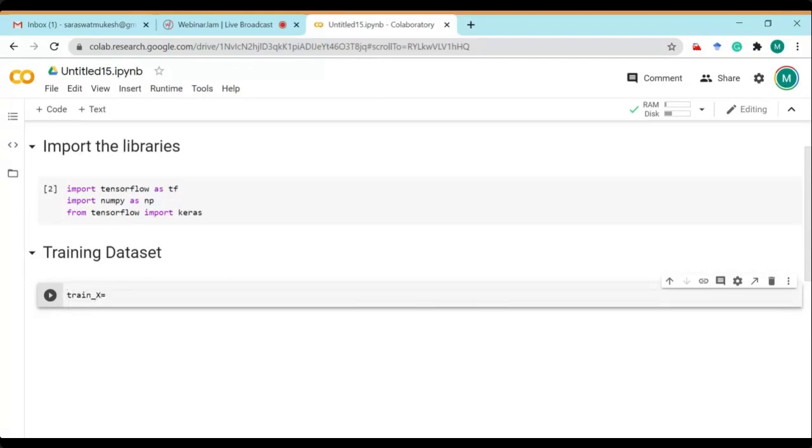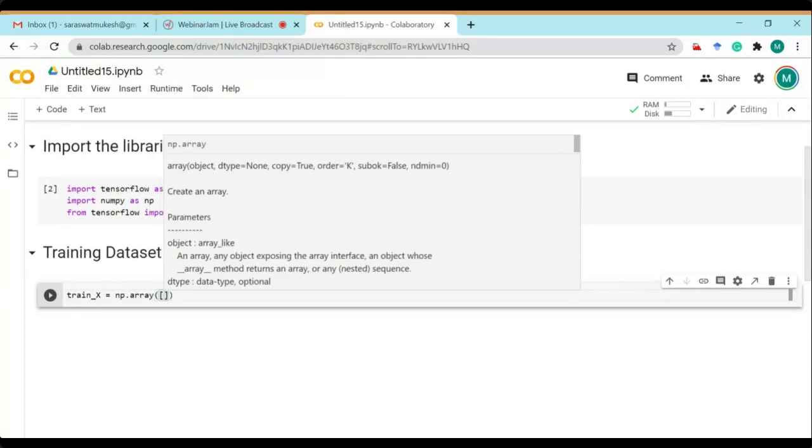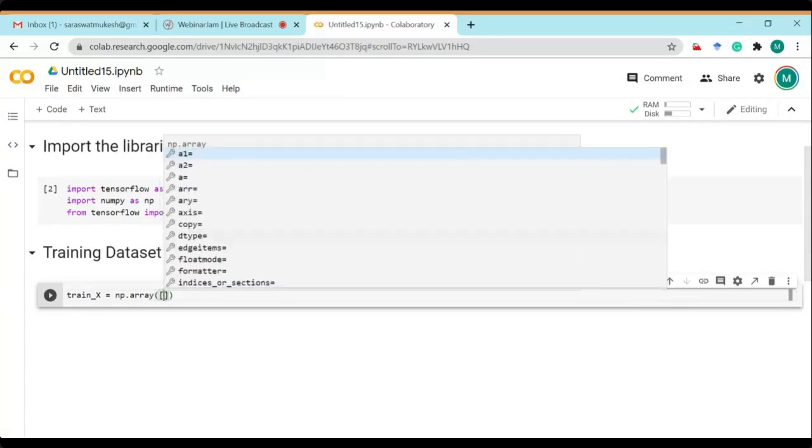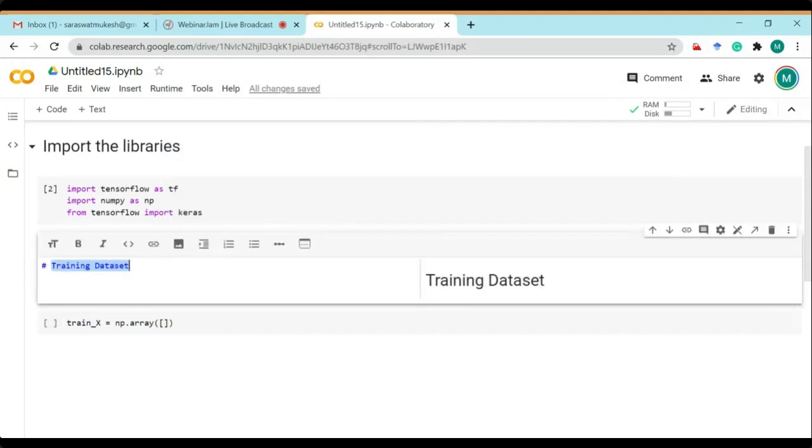We have to use np.array to declare the n values of x. So we write np.array, and here we have to take how many samples we want to take. Let's take m samples in our example. As you have seen here, we have these inputs: m number of training samples, x input value, y output value. This is the training sample.